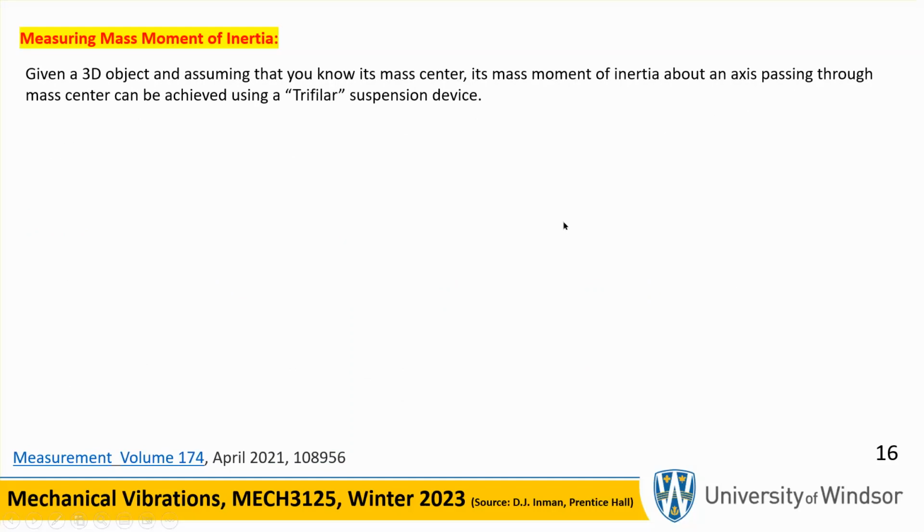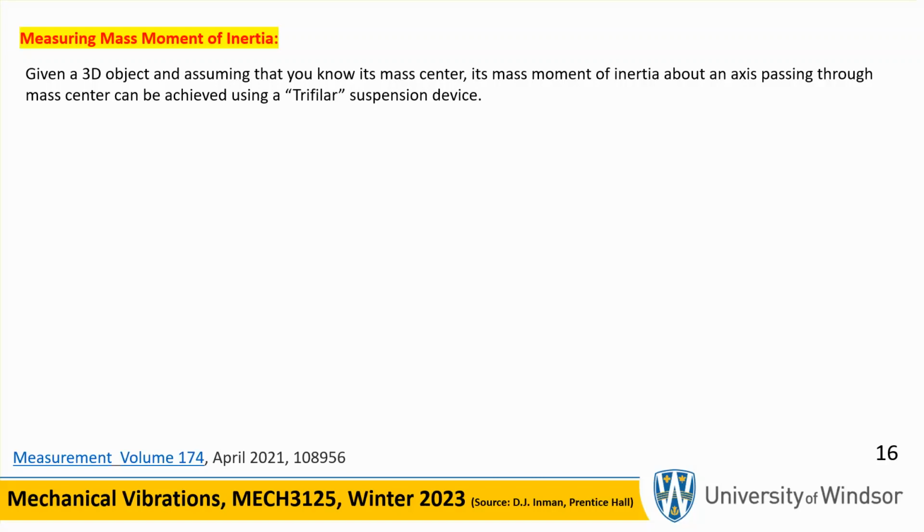All right, so now we're going to shift gears. We're going to go to something called measuring mass moment of inertia. Obviously, moment of inertia is important. So I'm going to show you a way of measuring it experimentally in the lab. Use a pendulum. It's called a trifilar suspension device. So we assume that this object we are trying to find is mass moment of inertia about a certain axis. Whenever you're talking about mass moment of inertia, you have to say about what, okay? So what we're doing here is finding it about a certain axis going through the center of mass,